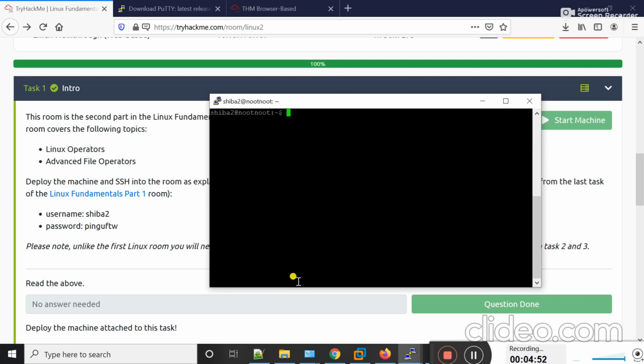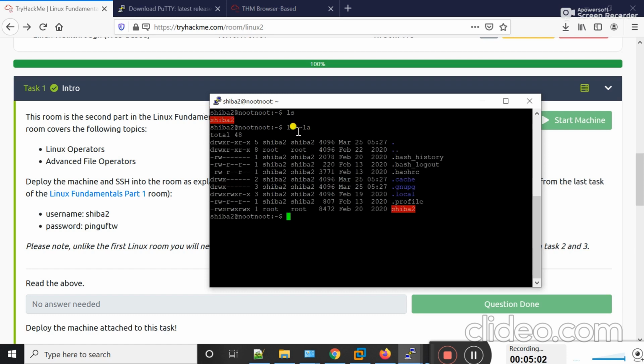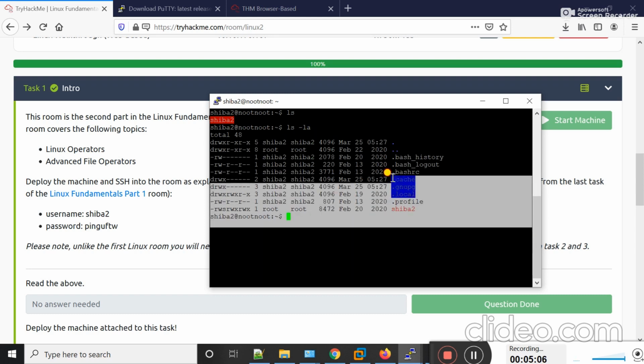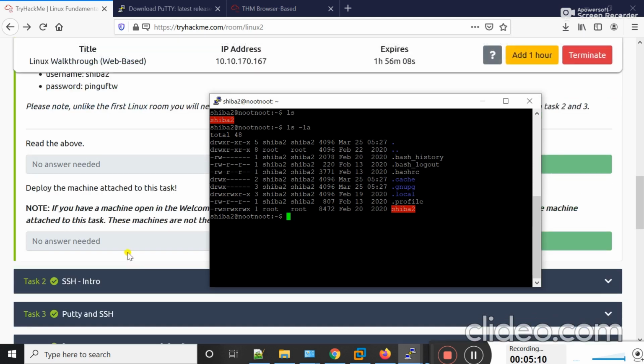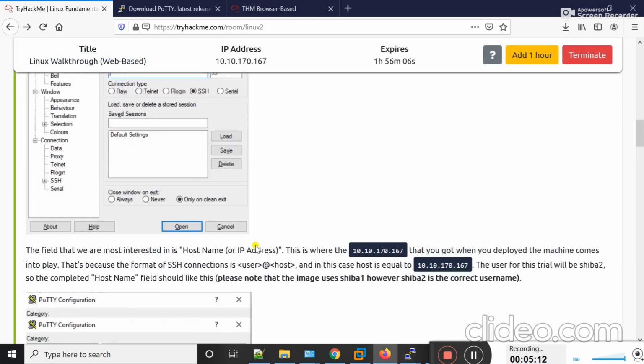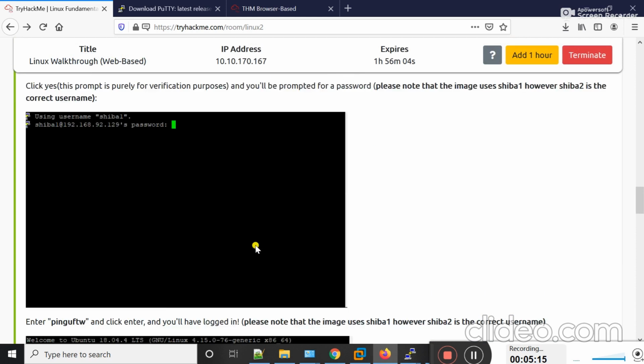If I type ls, you can see the content of this user Sahiba2. If I type ls -la and then press enter, you can see all the hidden files. Okay, this is the PuTTY method by which you can SSH to a machine.